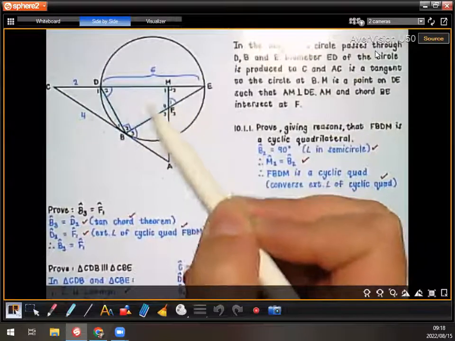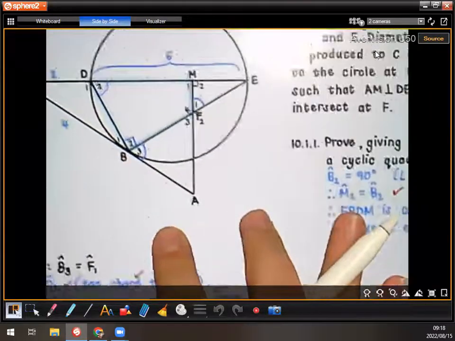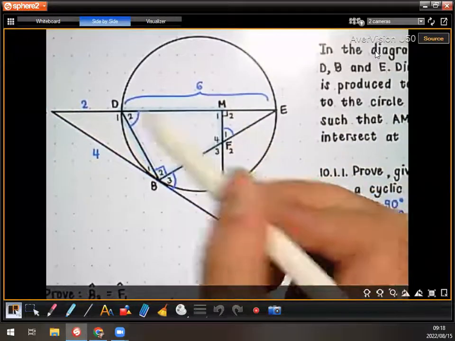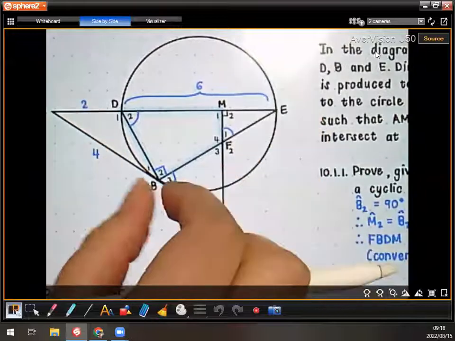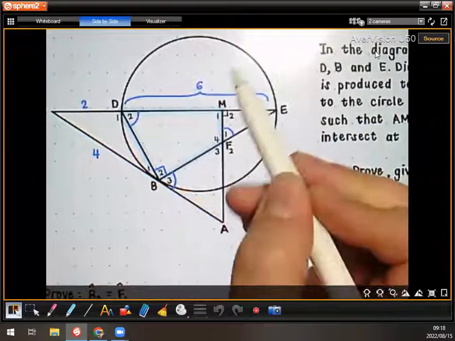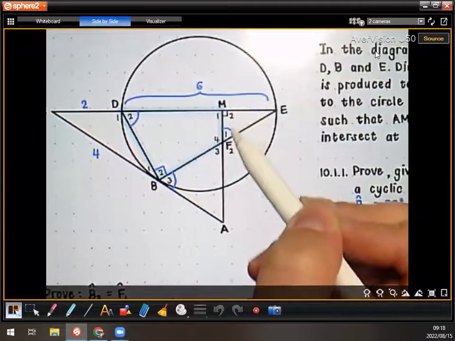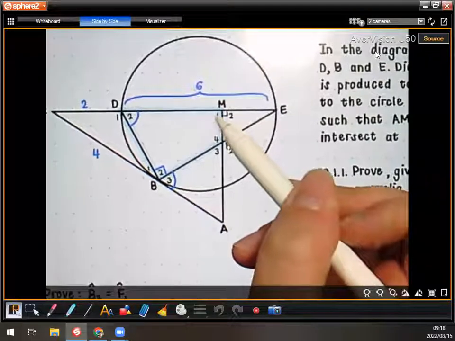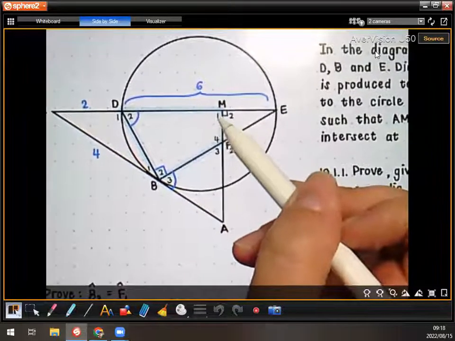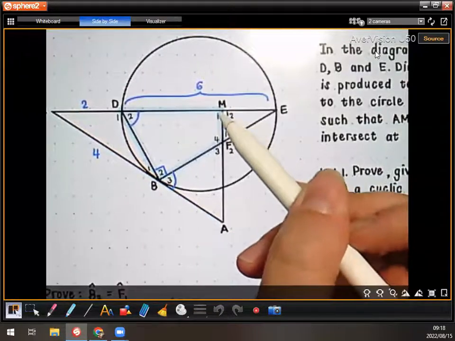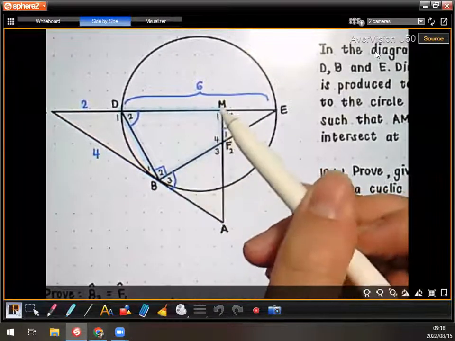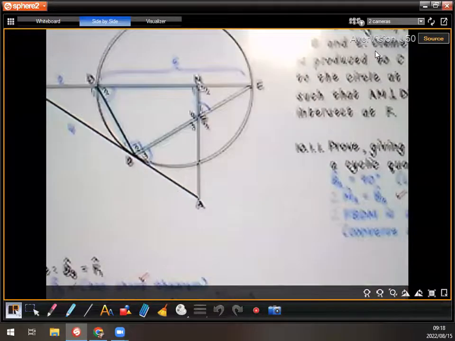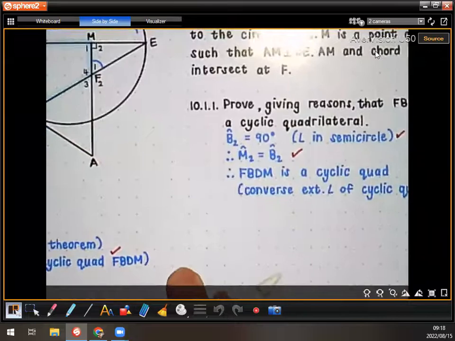Guys, I used converse exterior angle of the cyclic quad because it was given that M2 is 90 degrees, right? And DE is the diameter of the circle, so B2 is also going to be 90. So there you have that the exterior angle is equal to the opposite interior. Or you could have said, as an extra step, that M1 is 90 degrees because of angle on a straight line. And then because that one is 90 and that one is 90, then opposite angles will add up to 180. Then your reason would have been converse of